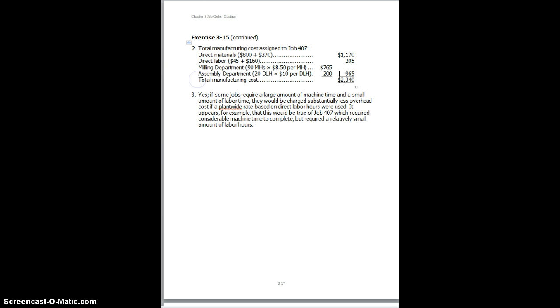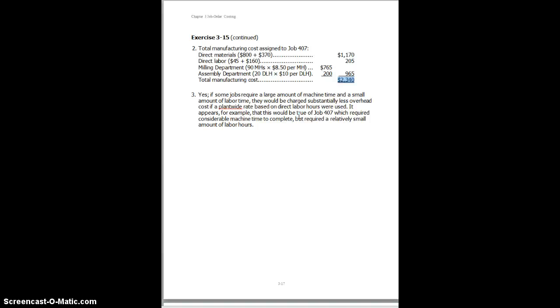Overall, our total manufacturing cost will be $2,340, which is the $1,170 of materials, the $205 of labor, and the $965 of overhead. All told, the total manufacturing cost for job number 407 is $2,340. Part 3 asks, would you expect substantially different amounts of overhead costs to be charged to some jobs if